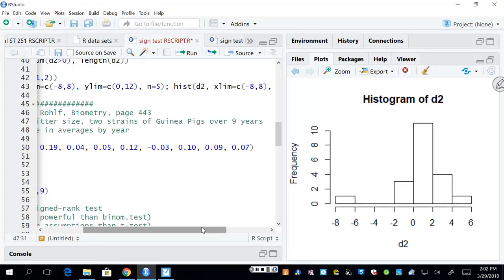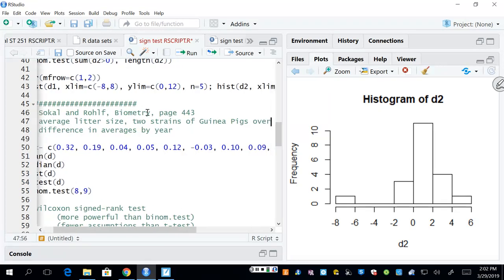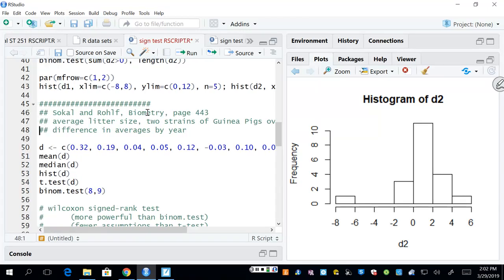Somebody that studies a certain insect has a room full of ants or a room full of spiders or a room full of guinea pigs and studies them. And they have 2 strains of guinea pigs. Maybe these are out in the field or in a zoo or someplace. And how many babies do they have in a typical year? They take the average difference over 9 years. So these are small numbers, but